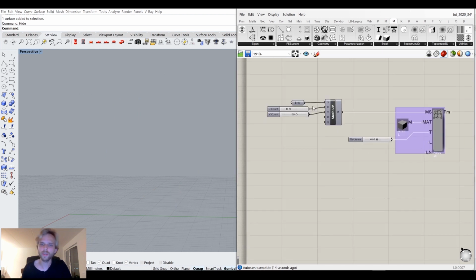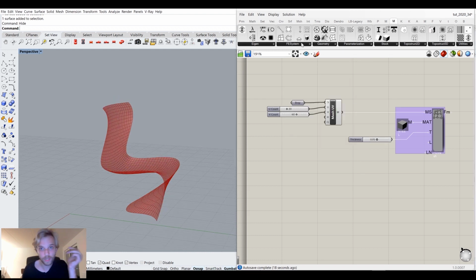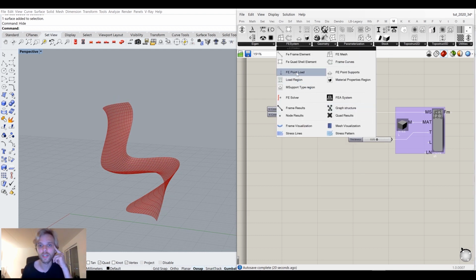Let me hide it, or actually let's not hide it. Let's keep looking at it. Because now I will not be using point loads and point supports. Rather, I will be using a load region and support region, where support boundaries are changed. We'll figure it out. For now, let's do a load region